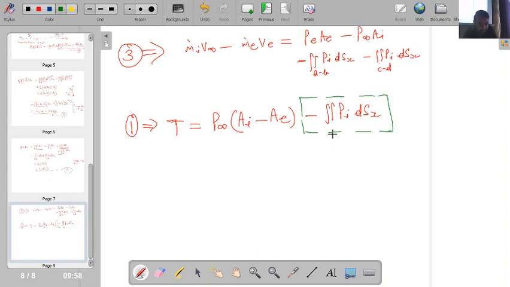This term was force on solid, meaning the engine body, due to gas pressure. Okay, so this was nothing but the force on the solid due to gas pressure, and this was acting through faces A to B and C to D, and this term over here is nothing but